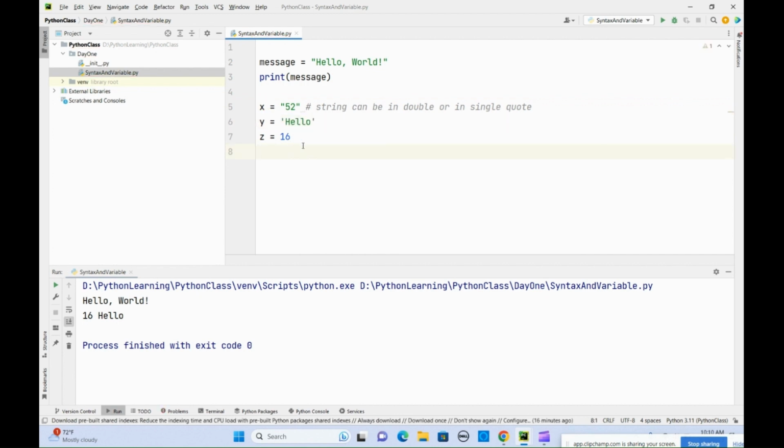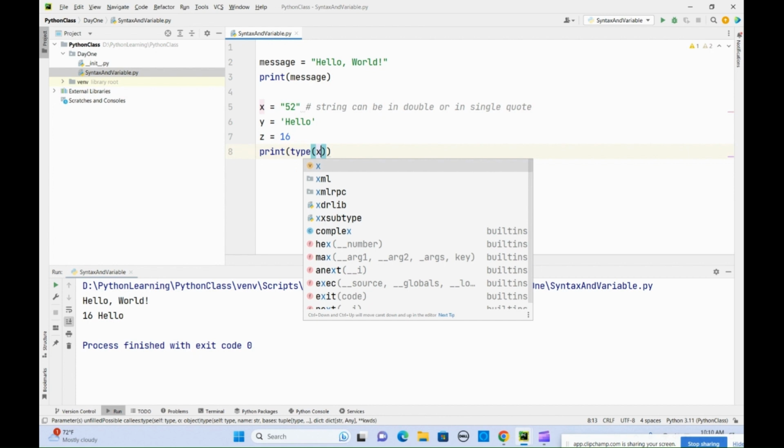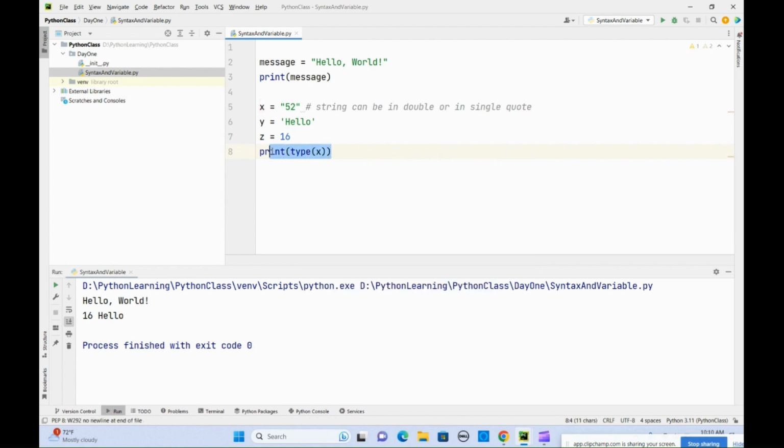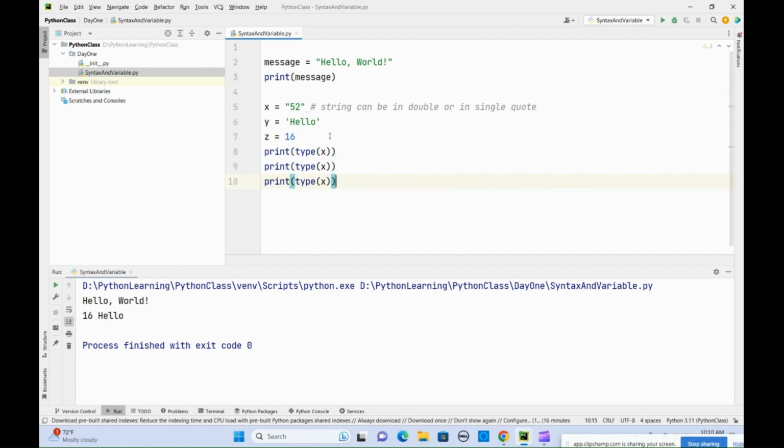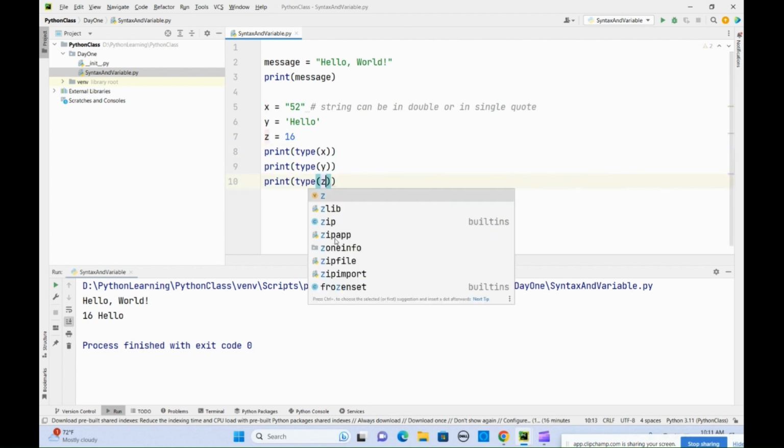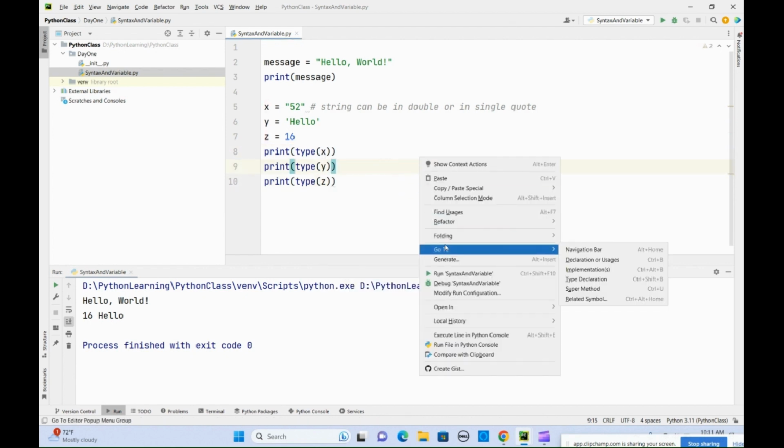Now to see what type it is, we will print the type, and then put the variable we are trying to check, right? Now let's copy this and paste it. So here y, and then here z. Okay. Now when we run the program,